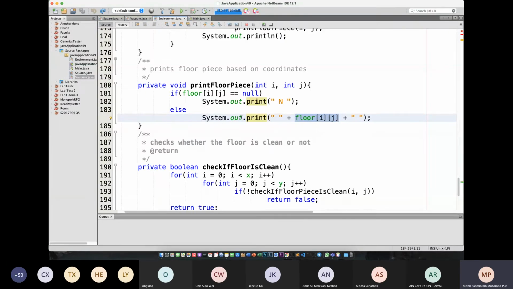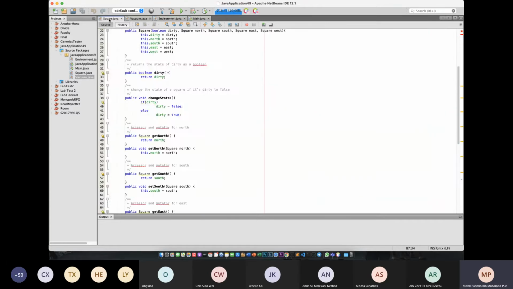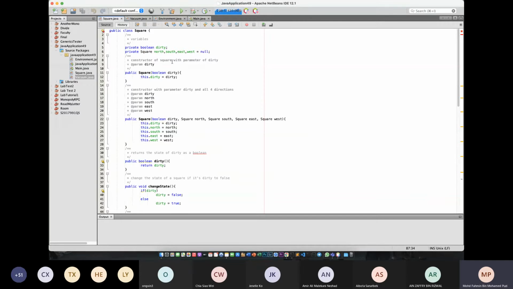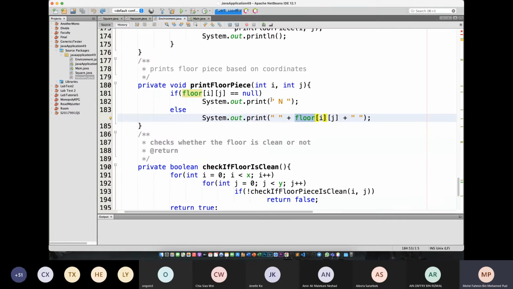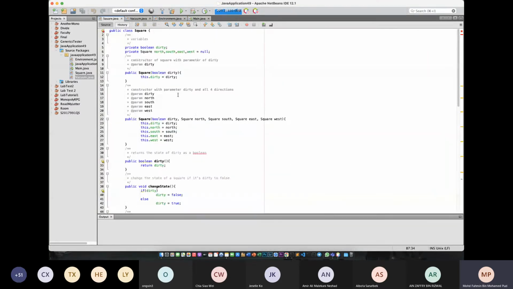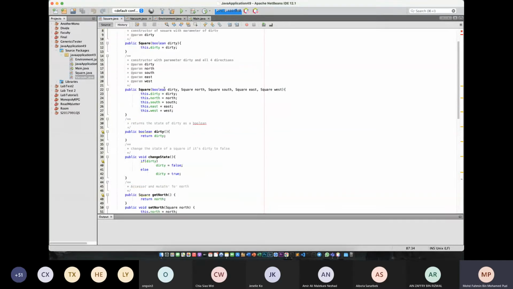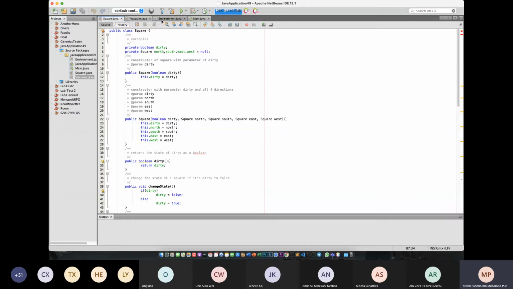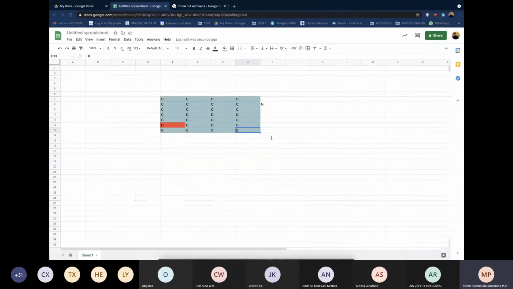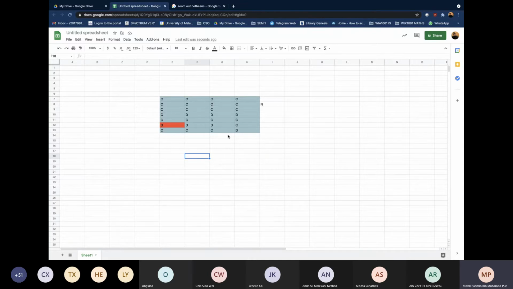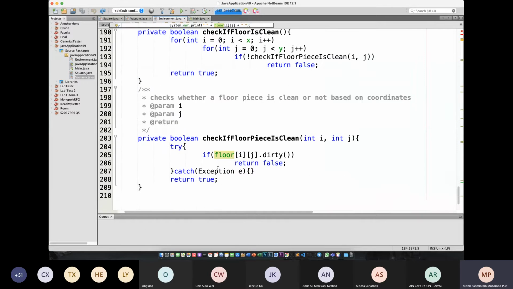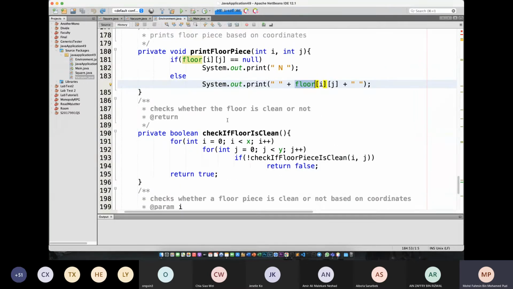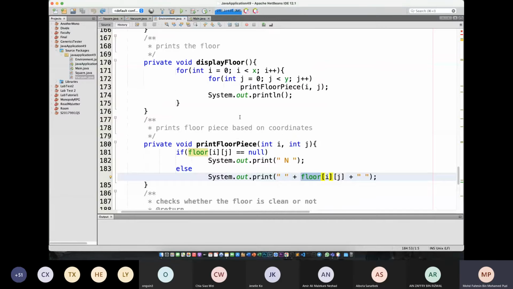So this one, System.out.print, and then we print this floor, because in the square that we just defined just now we have this value. Okay, this value here. All right. So we display that into the output that we will have later here. Okay, output here. Okay, and then after we print the initial floor